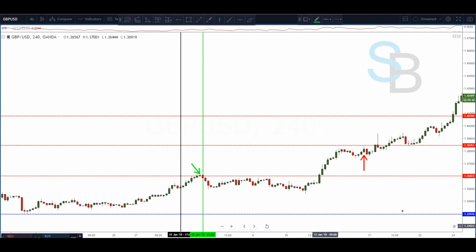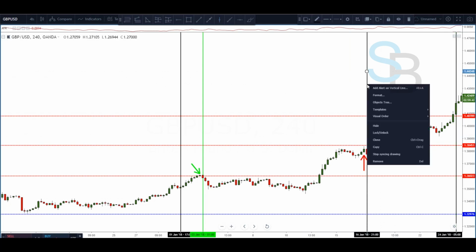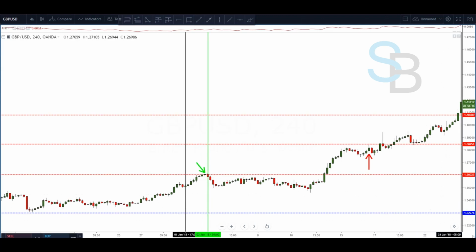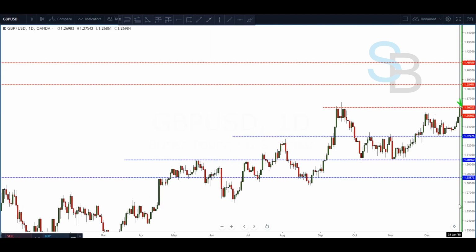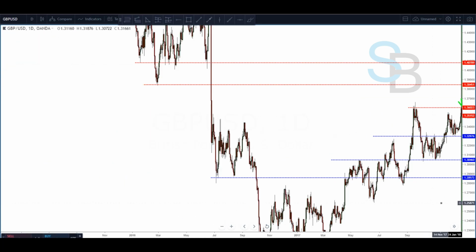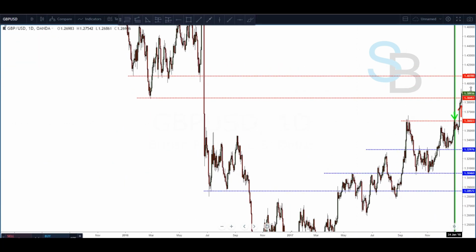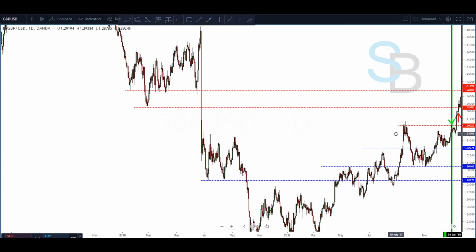It hasn't quite been 3 months yet, but what I know I have to do is go back out to my daily chart. So I'm going to go ahead and mark where we are with a vertical black line, and that's going to let me know that we are, in fact, at January the 24th. I can close down the 4-hour chart, open up the daily chart, scoot over to the January 24th black line,